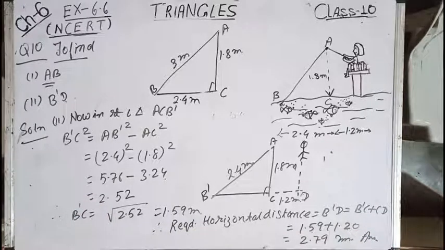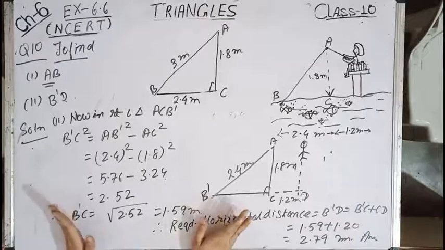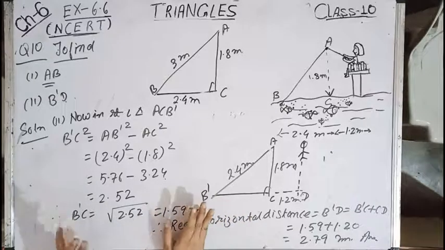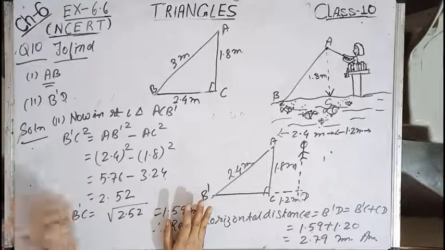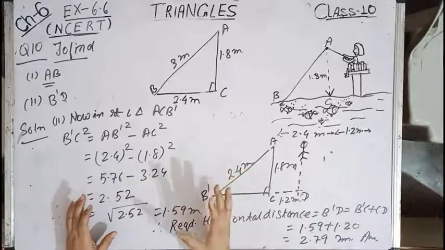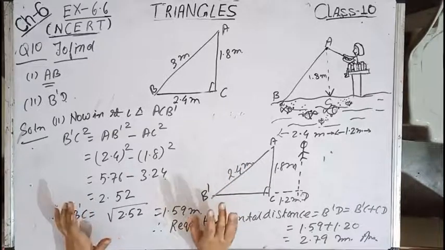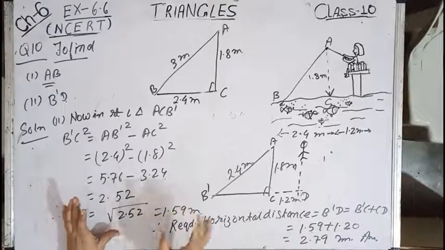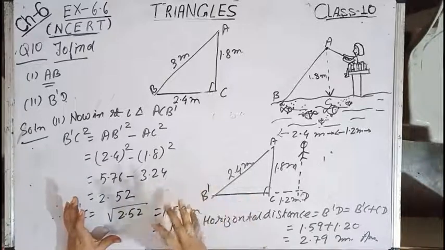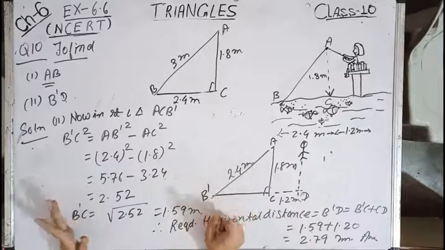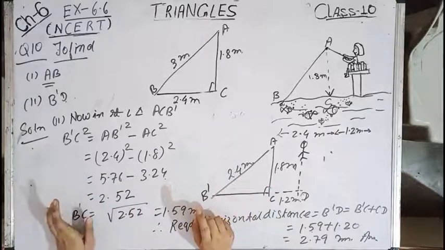So children, almost all the sums of triangles from NCERT we have done. A few more sums, if I feel, I'll be discussing from R.S. Agarwal also. A few sums already from Thales' theorem and the others we have discussed from R.S. Agarwal. From the next concept, criteria of similarity, and Pythagoras theorem, we have not discussed from R.S. Agarwal. So let me see if a few sums are important and I haven't done, I'll be doing from R.S. Agarwal as well in my new video.